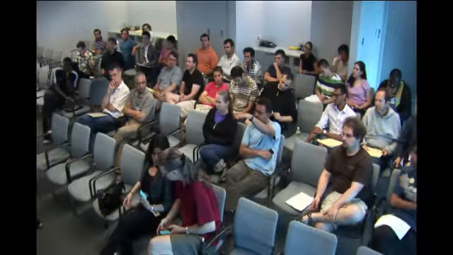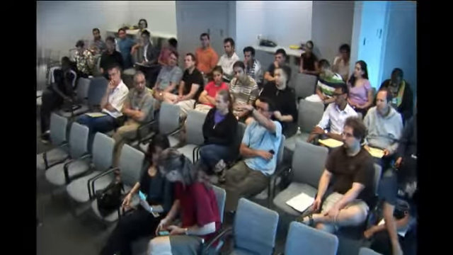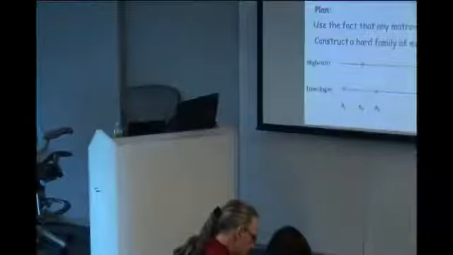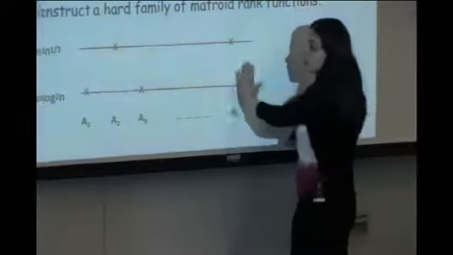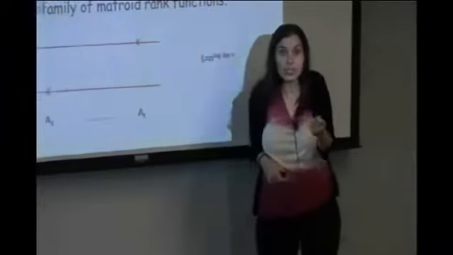So the low value is the valuation of the sets, and the high value is the valuation. What fraction of people are in the highs? So to show that there exist 2 to the L, so basically 2 to the n to the log n matroid rank functions, such that for any single assignment of high and low on any of the subsets, no matter how you pick high and low in any of these subsets, there exists a matroid in our family whose rank function achieves that assignment. So this is what we show.